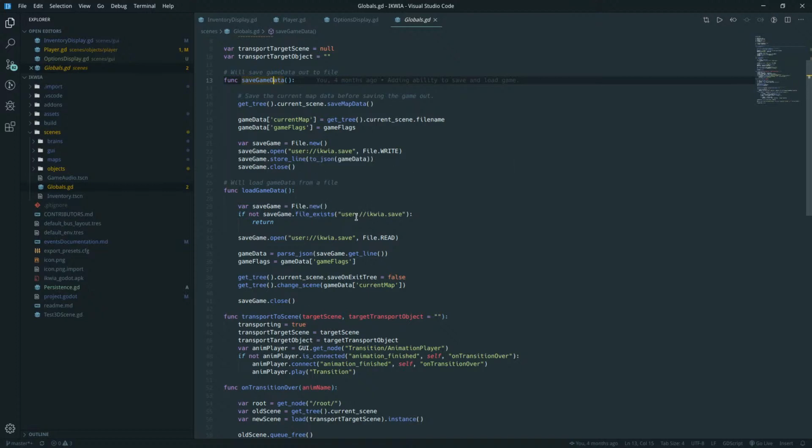And it goes to the user directory, which, where's that? Let's see.